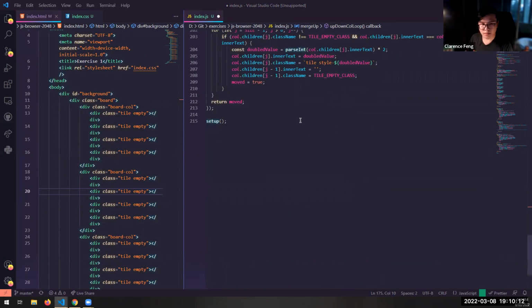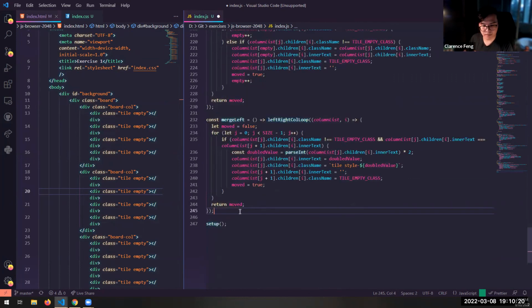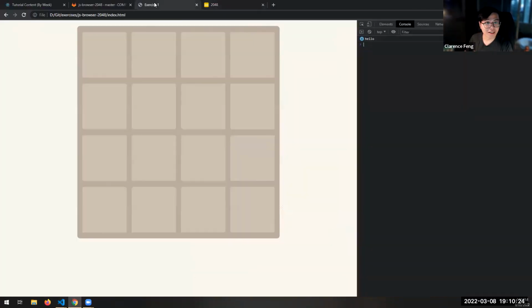And then same for slide left, same for slide right. Okay, cool. I was worried it wasn't working. So I'm pressing left, moves everything over, down, down, right,